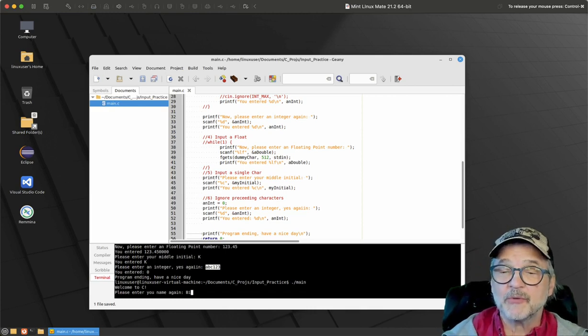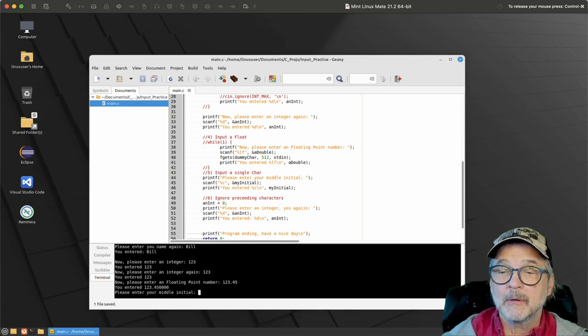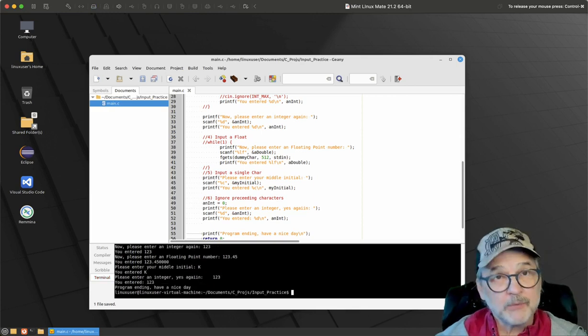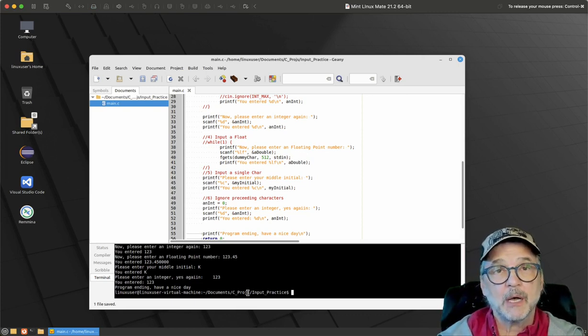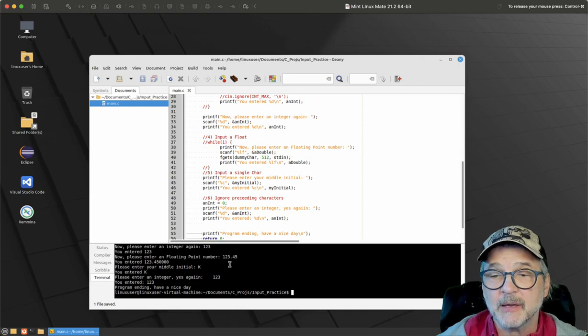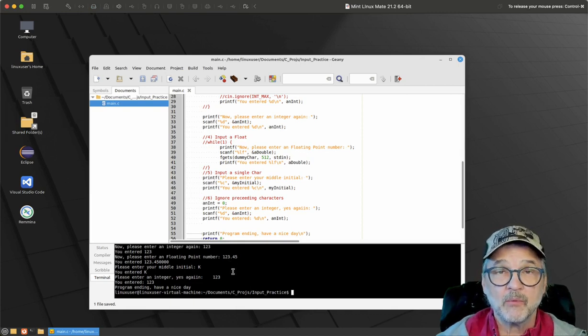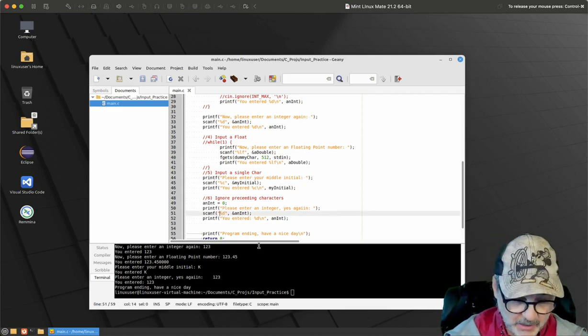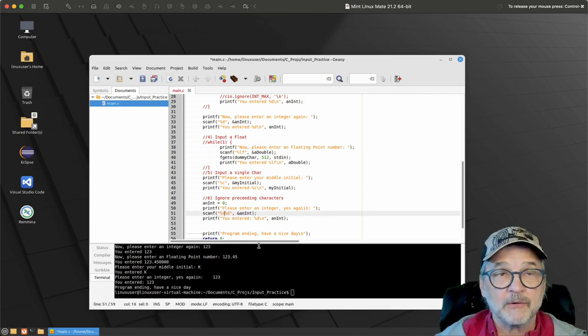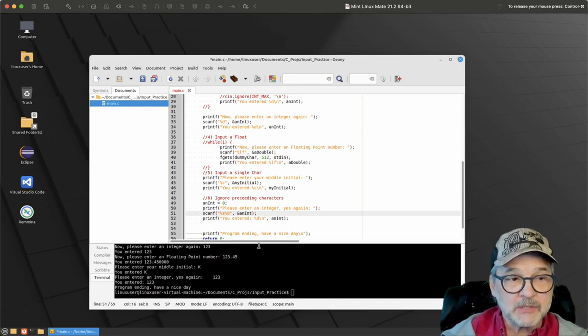Let's see if that works with spaces. It worked with spaces. It seemed to ignore all the spaces up to the 1 and then it put the 1, 2, 3 in there. But it didn't work with the letters in front. So what you can do is say, in this format, I want to ignore all characters. And the way that you do that, you say